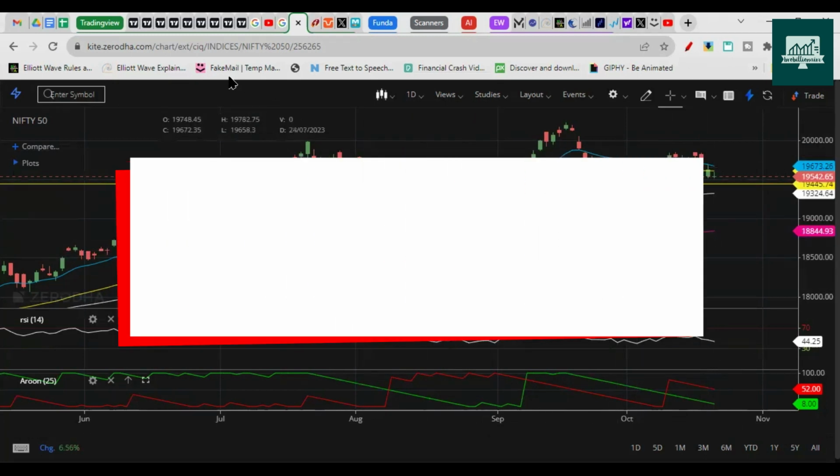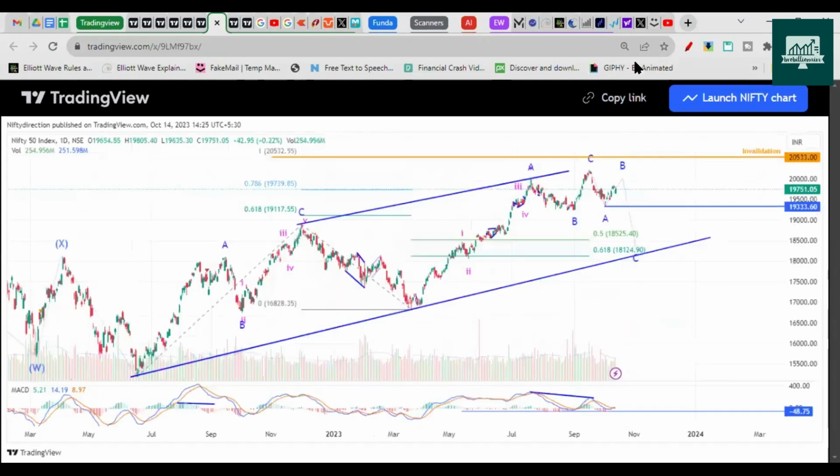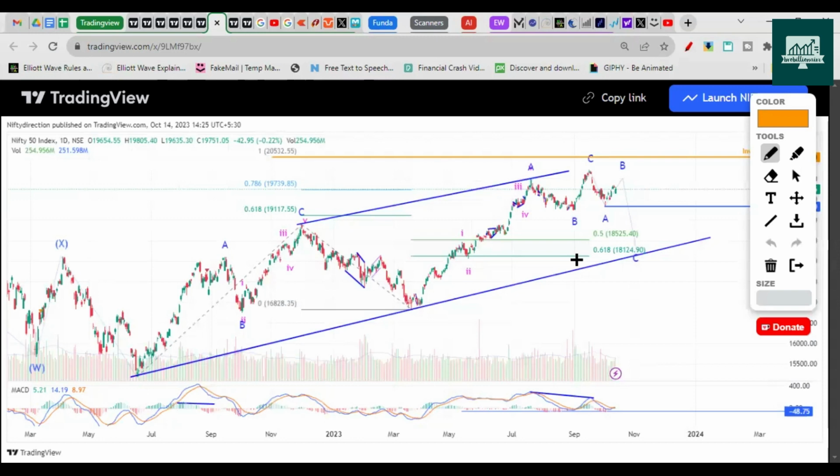So let's check Elliott Wave and understand what is happening. Last week, we checked Elliott Wave and discussed this chart, right? This is the chart where we mentioned that Nifty is trading in ABC structures. Here also an ABC move on the downside is possible as a zigzag, and it can head towards the 18,500 to 120 zones as per the Fibonacci retracement. We have plotted Fibonacci between these points. We consider this as an A wave, this as a B wave, this as a C wave. Here also we considered A, B, and C waves.